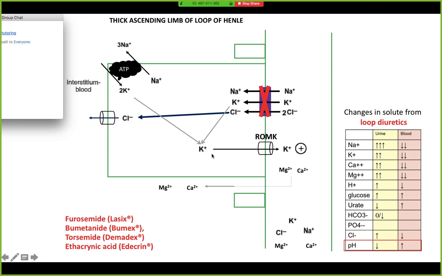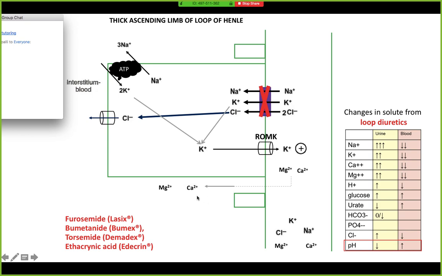So basically that gives you a buildup of potassium here in the cell, and it's going to leave through what they call the ROMK channel. So it enters the tubular lumen. So potassium is, of course, positively charged, and then you also have magnesium and calcium sitting here that are also positively charged. So what's going to happen is you have a repelling effect, and the magnesium and the calcium are going to be reabsorbed into the body